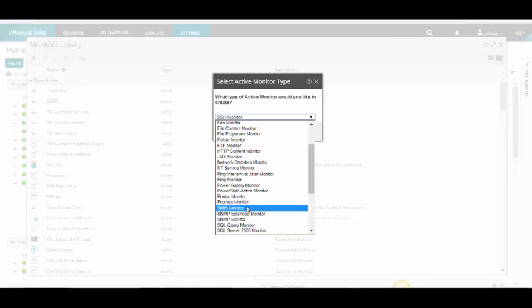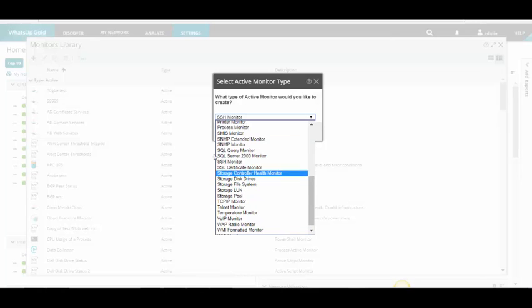SMIS monitor is going to be for your storage environment. SNMP and SNMP extended monitors, you can monitor any SNMP OID. We have a SQL query monitor. This one is going to give you the ability to go from WhatsUp Gold to a specific SQL instance using ADO credentials and be able to run a query and look for a numeric return that we will then monitor. And we'll have a SQL Server monitor, which is a multi-monitor. It's going to look at various aspects of your SQL Server.